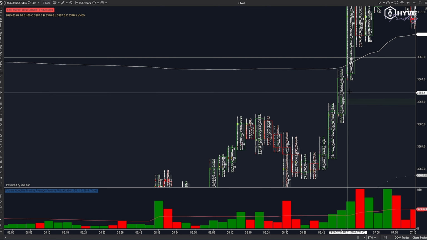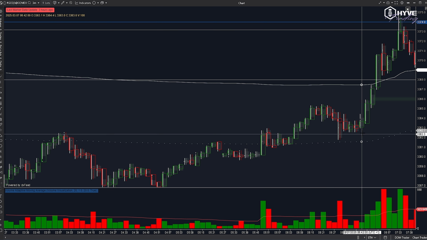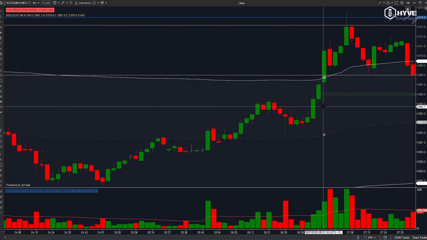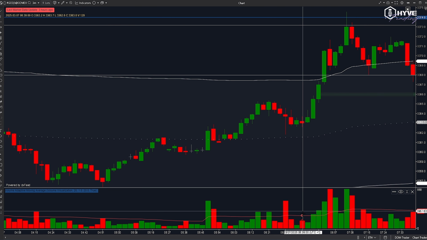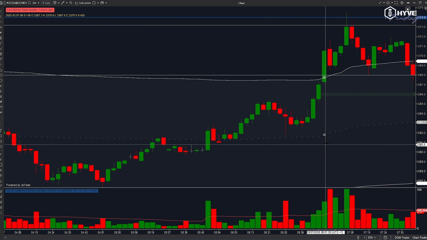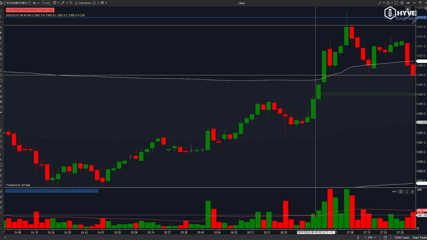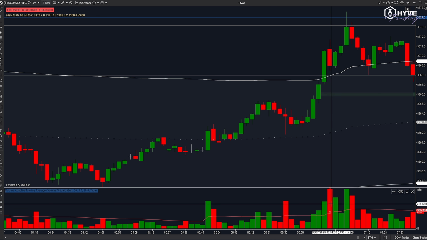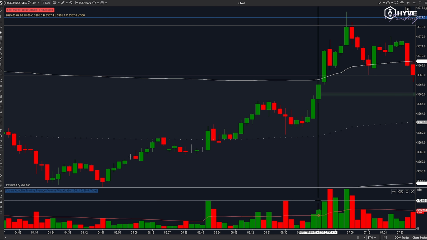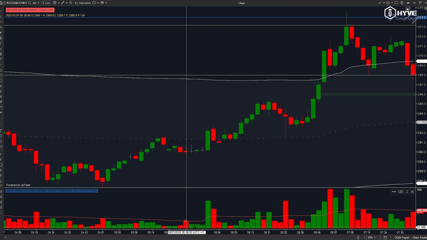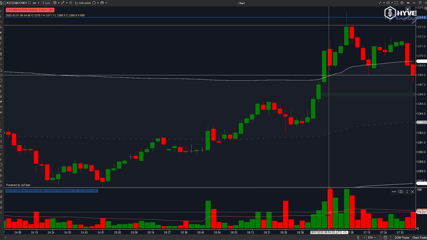And the other way we can determine how aggressive they were is by looking at the volume right here. So you can see volume was very well above average. Now, this volume indicator is something that I've basically put together myself. So I've basically just created an average volume line going across, and it lets me know when the volume is